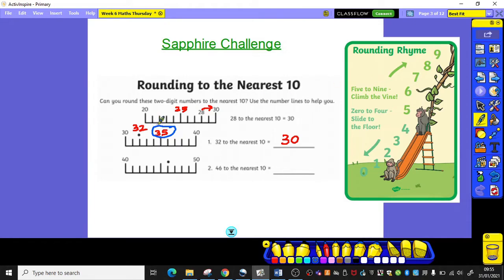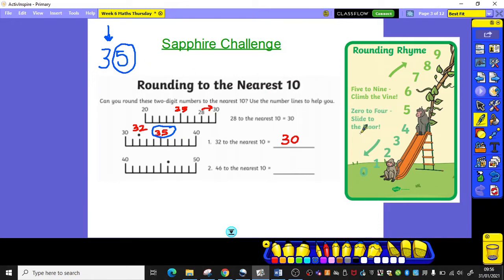If I'm rounding to the nearest 10, then I'm going to be looking at the number that comes before the tens column. And if it is 5 to 9, in other words, a 5, 6, 7, 8 or 9, I'm going to round up to 40. If, however, it is a 0, a 1, 2, 3 or 4, 0 to 4, slide